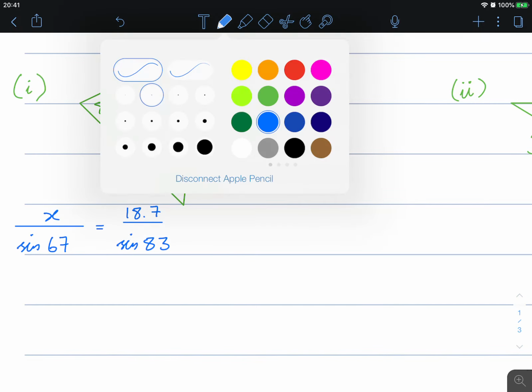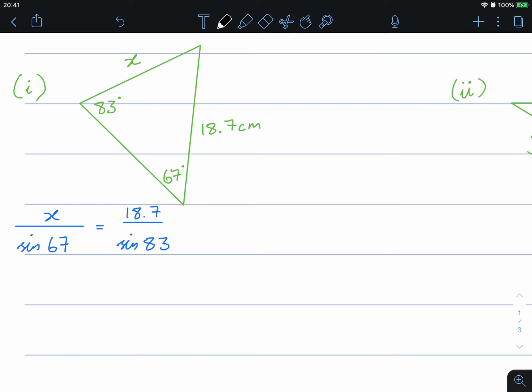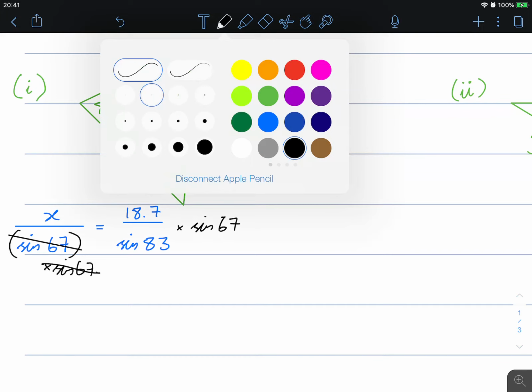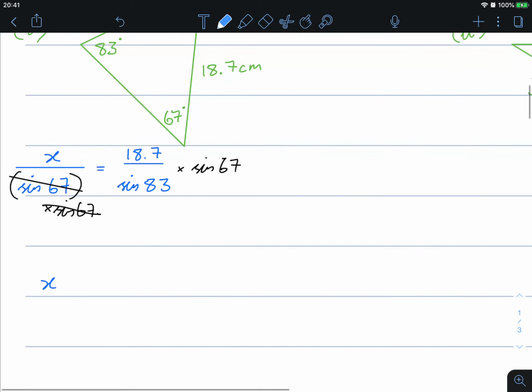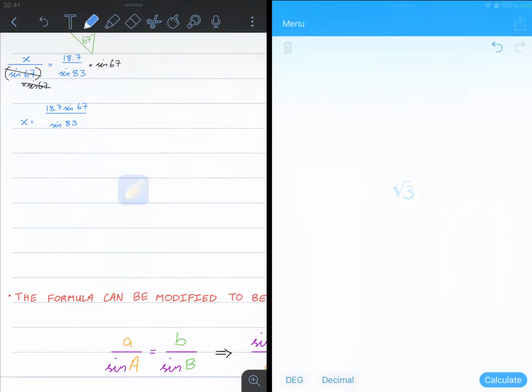Like we do with regular trigonometry, we're going to eliminate this denominator by multiplying by sine 67 on both sides. Those two will cancel, leaving us with x is equal to 18.7 times sine 67, all over sine 83. Plugging all of this into our calculator, we will get